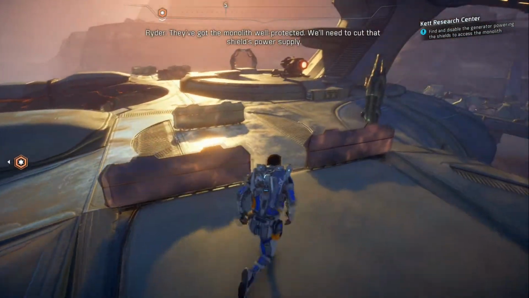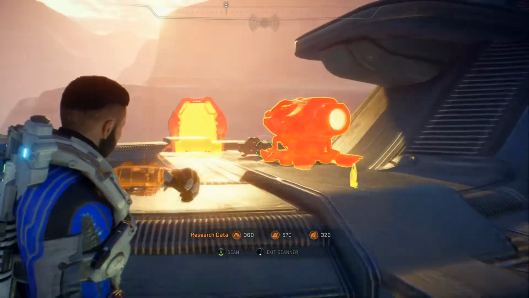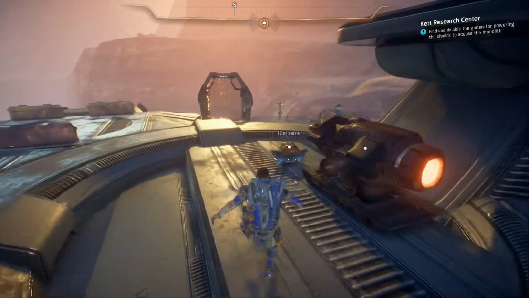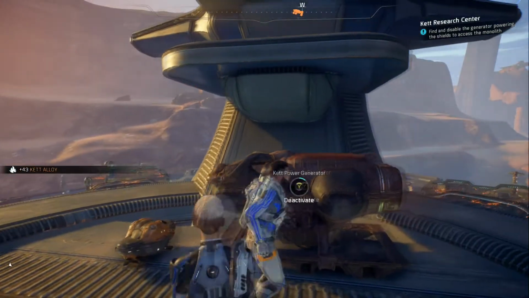Now we do have to... The monolith is well protected. We'll need to cut that shield's power supply. Yeah. Which I do believe is this. Ket alloy, which is